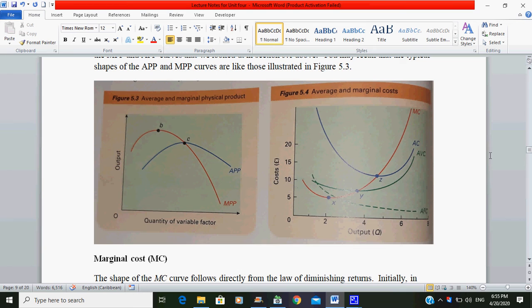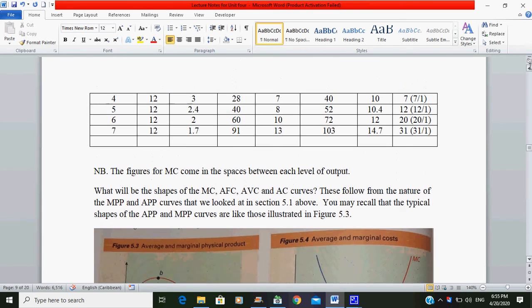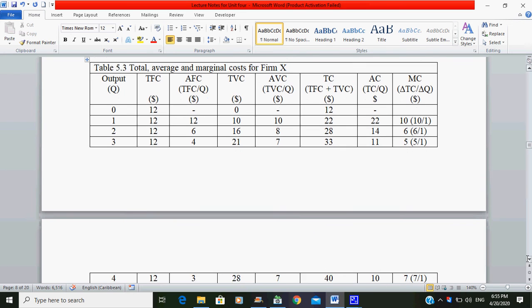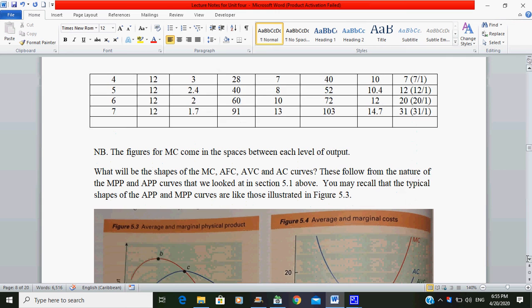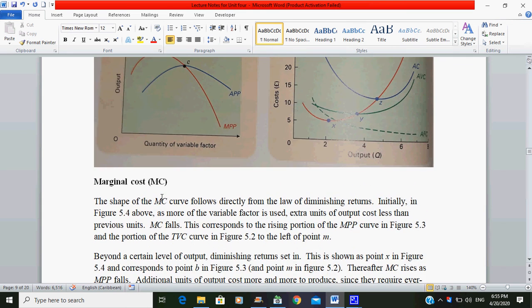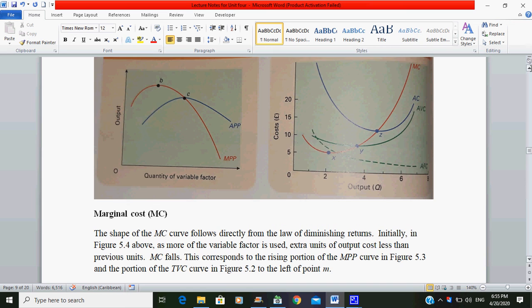Alright. This is a sketch, just like that. But this now comes from the table above, right here. So, all right. The shape of the MC curve follows directly from the law of diminishing returns. Initially, in Figure 5.4 above, as more of the variable factor is used,